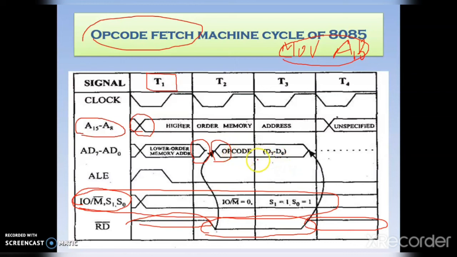So, it depends on which type of operation the microprocessor is fetching from the memory location. Based on that instruction, we have to use other T states. So, for the opcode fetch machine cycle we need T4 to T6 states. Based on the instruction received from the memory location, the opcode fetch machine cycle uses another 2 states or not. So, this is about the timing diagram for the opcode fetch machine cycle.